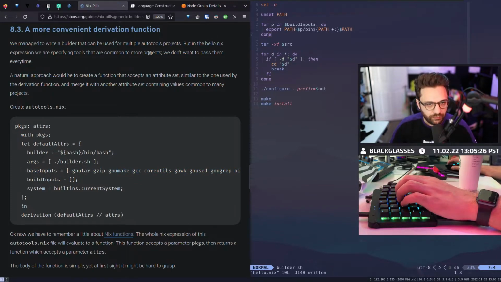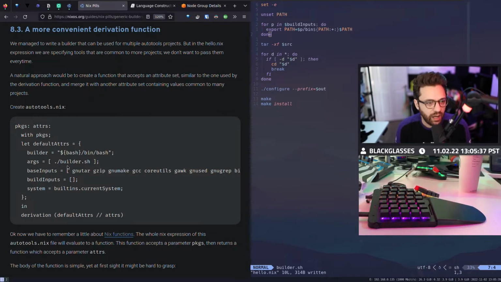So the idea here is that with the power of Nix and the language, we want to make this even more extensible. A natural approach would be to create a function that accepts an attribute set, similar to the one used by the derivation function, and merge it with another attribute set containing values common to many projects.